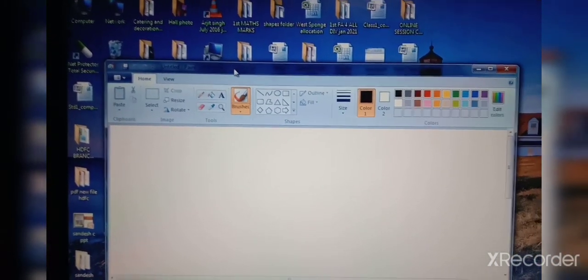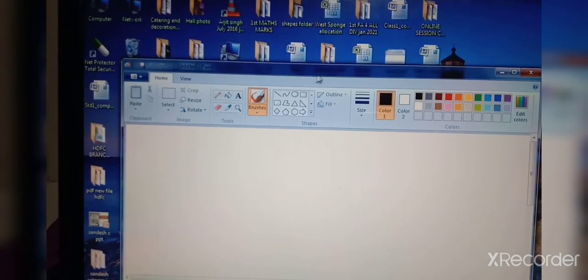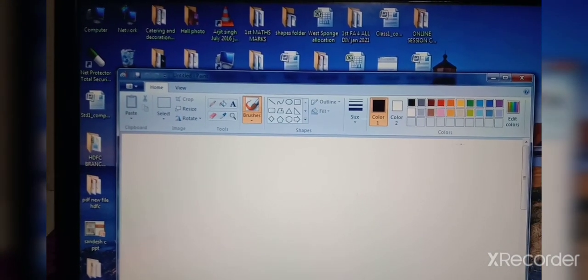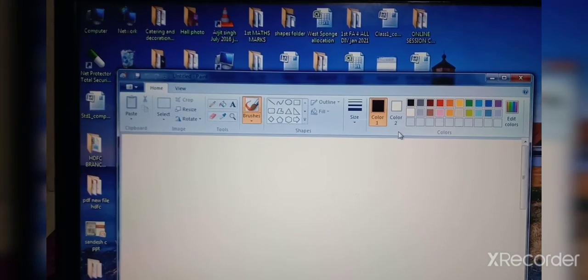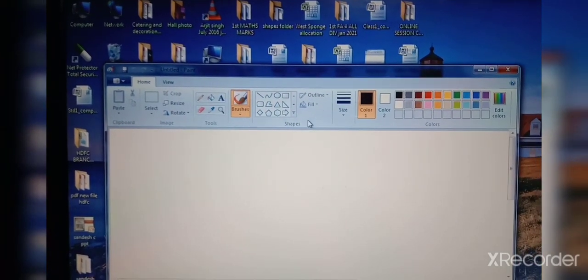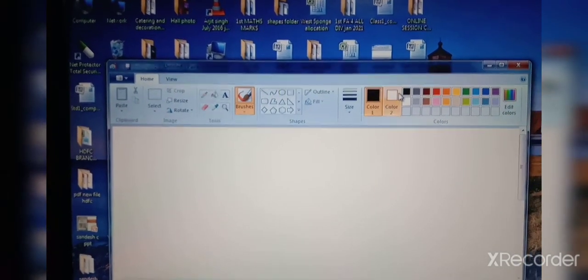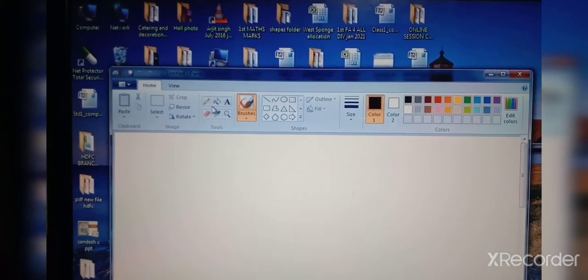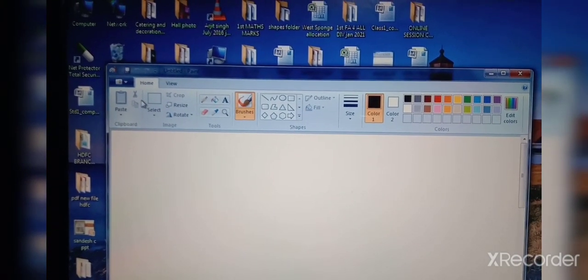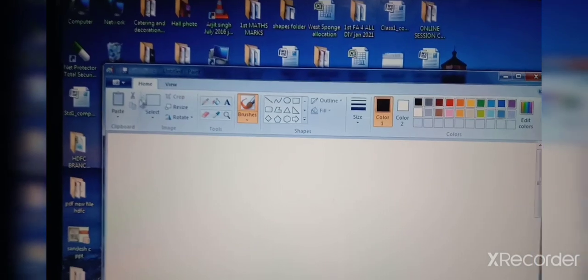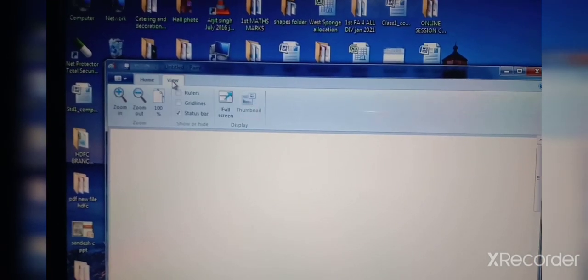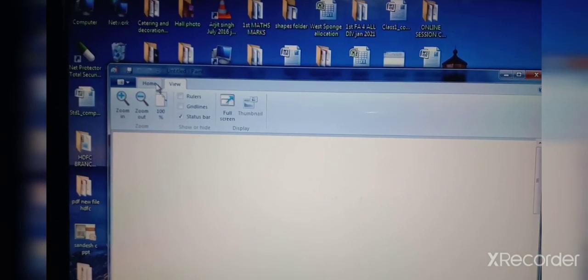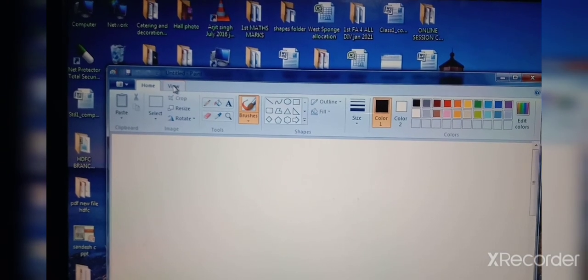Fine. Then next, this full part from this corner to this corner, this is the ribbon. On this ribbon you can see the Home tab and View tab. There are two tabs on the ribbon.